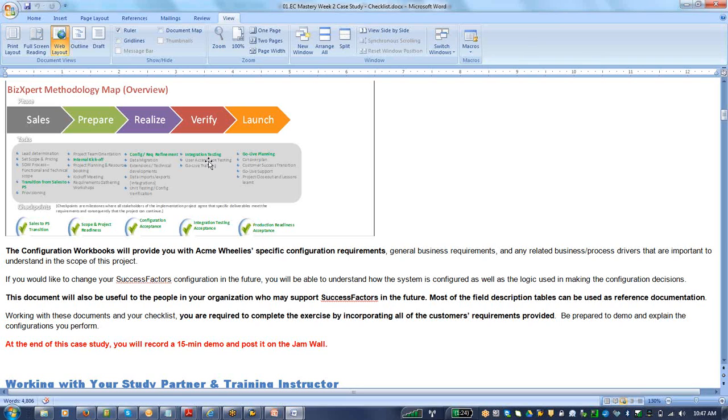Another question: does SAP or SuccessFactors provide any test cases? Is there a test case template that the project can use? Yeah, they do provide the test cases, but we may have to prepare some ourselves as well. They will provide some templates, but if you require more detailed testing, you may have to prepare on your